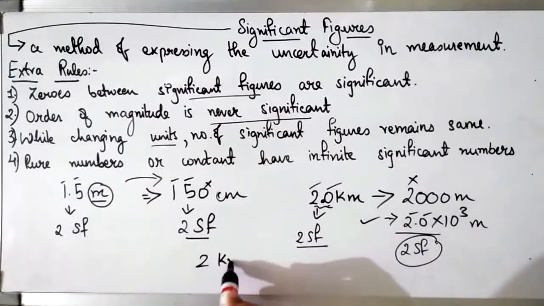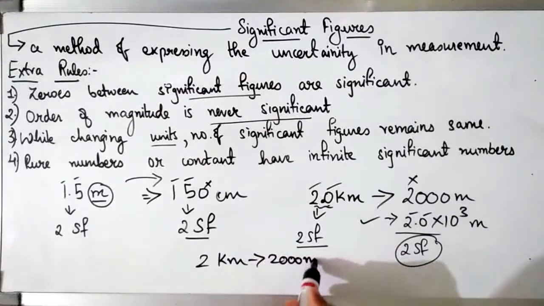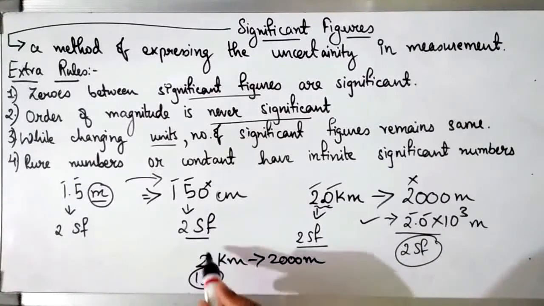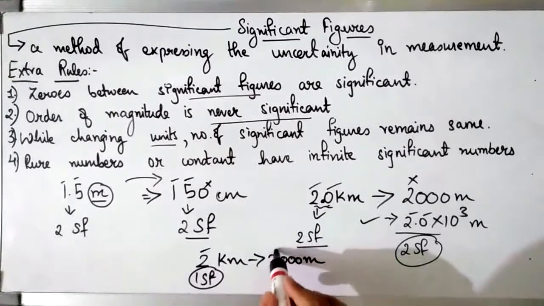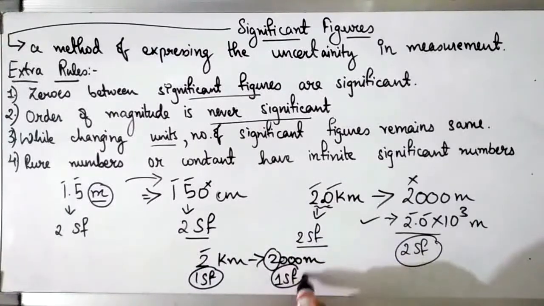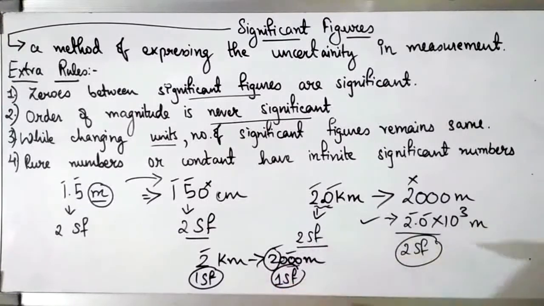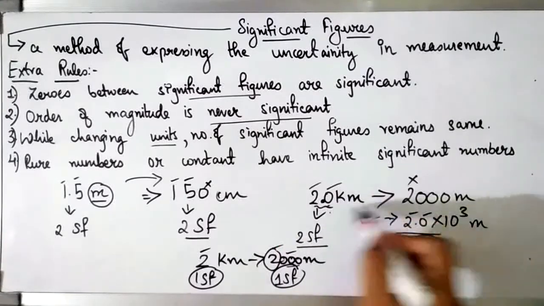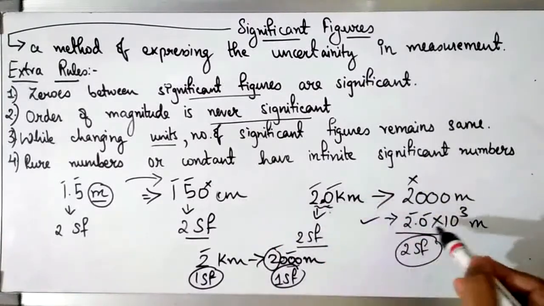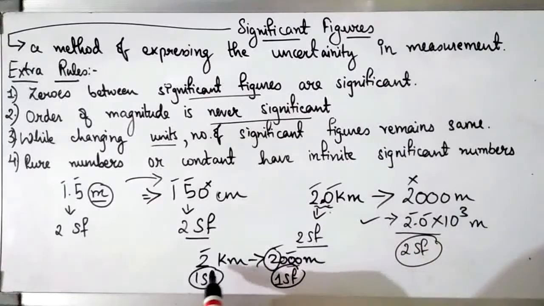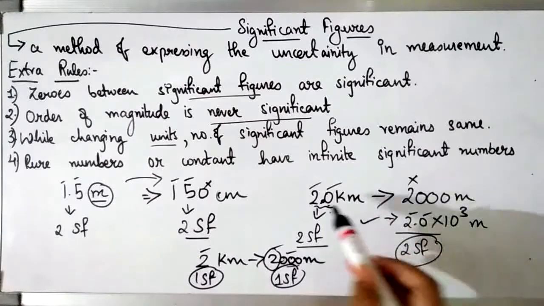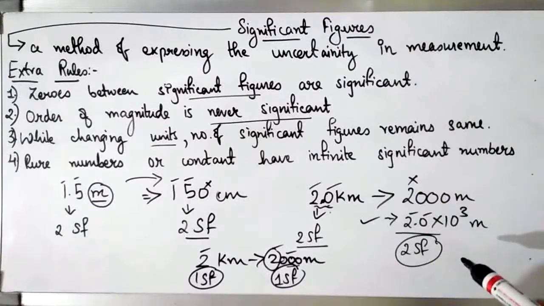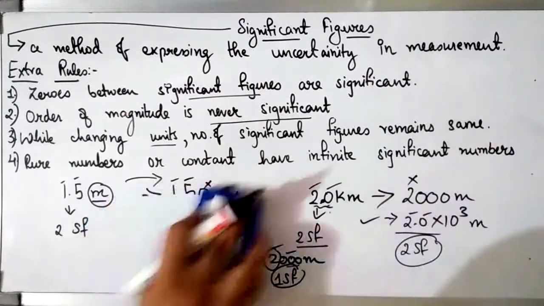But if they give you 2 kilometer, then you can write 2000 meters. Then it will be correct, because here you have only one significant figure, because 2 is non-zero, it is significant. Then here also you have only one significant figure because that is nothing but 2, and the last 3 zeros are not considered to be significant. So according to significant figures, you need to write the conversions in such a way. When you have a point, you need to write it in the way of point. But if there is no point, then you can write that 2 kilometers equal to 2000 meters. If they give you 2.0 kilometers, then you must write it this way, 2.0 into 10 to the power 3 meters. So this is the third rule.